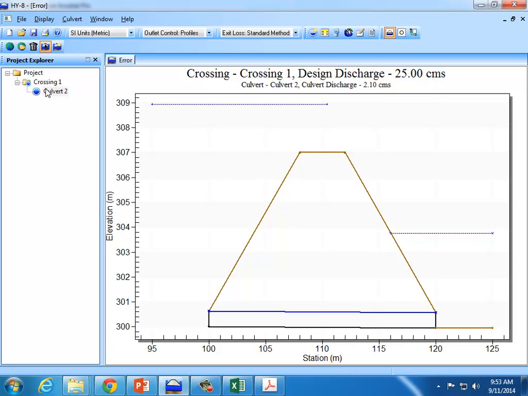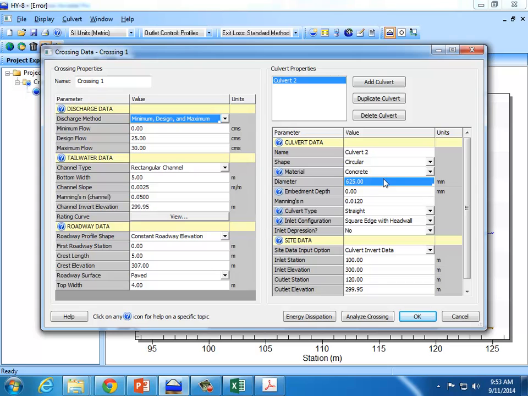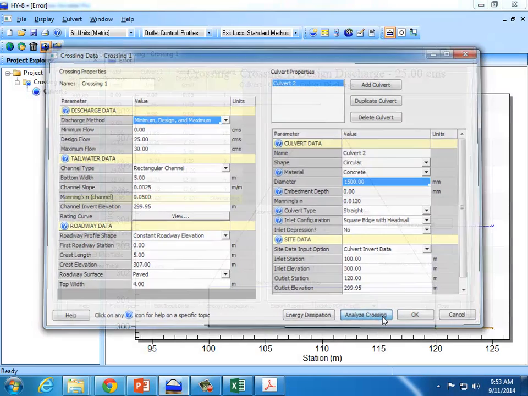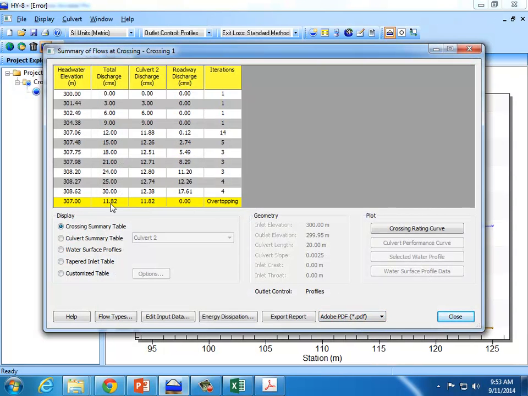And so the nice thing that this allows us to do is just iterate, because we can change it from 625, let's say to 1,500 millimeters, and analyze it again. Now we can get up to 11.8 cubic meters per second before overtopping begins. Take all that information and throw it